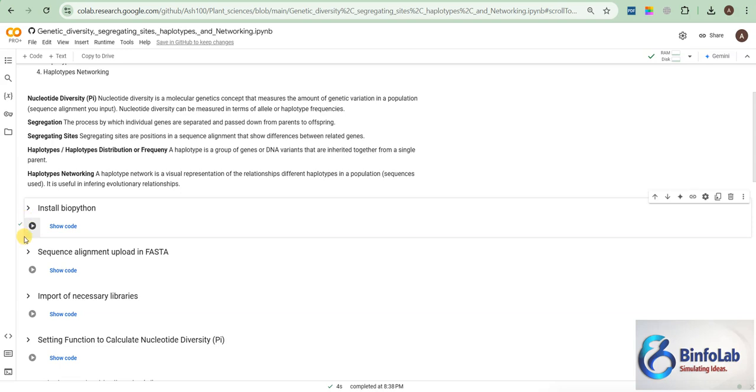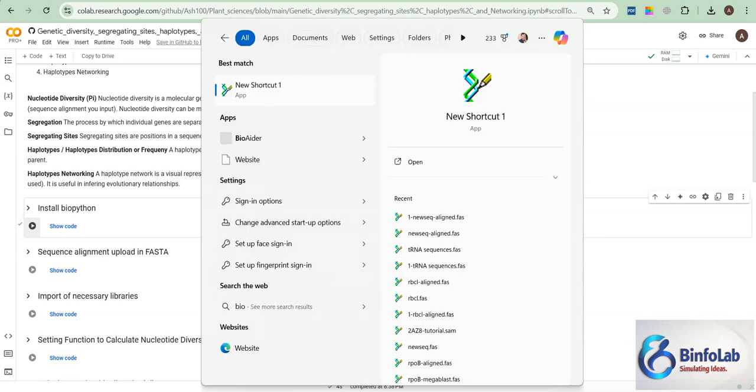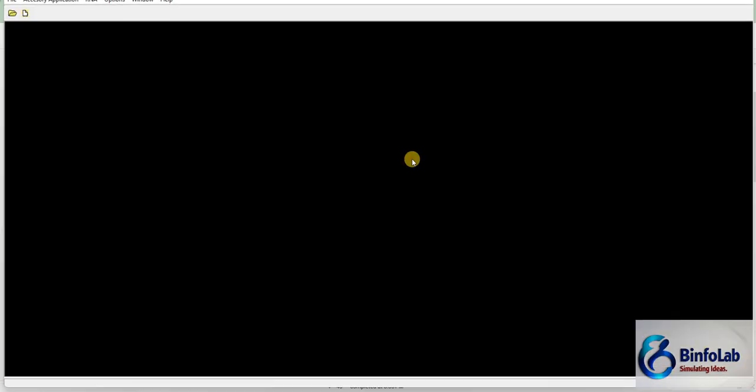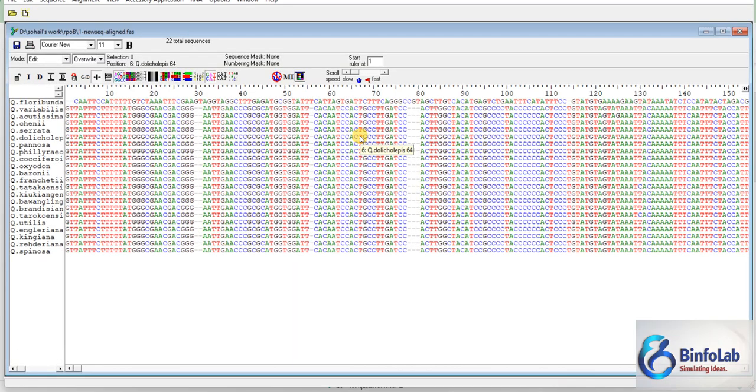Now this notebook will need your FASTA sequence, and your FASTA sequence should be in the FASTA format. If you don't know how to do it, it's very easy. If you have any program, let's say I'm opening BioEdit. If you have sequences, just open those sequences. Let's say this is an aligned sequences file. Click here, accessory applications, and then